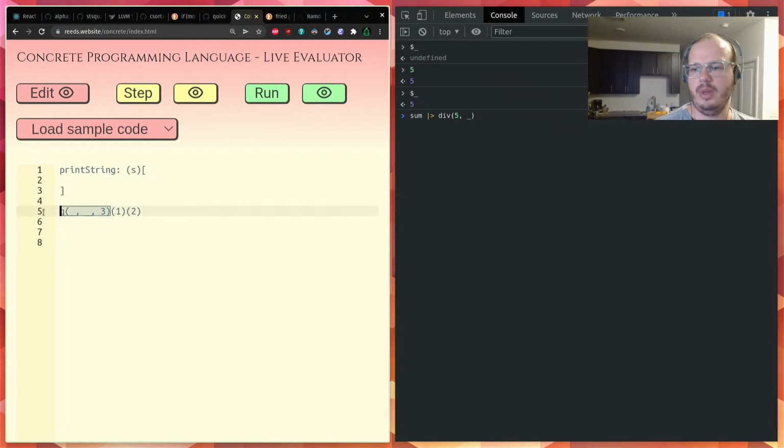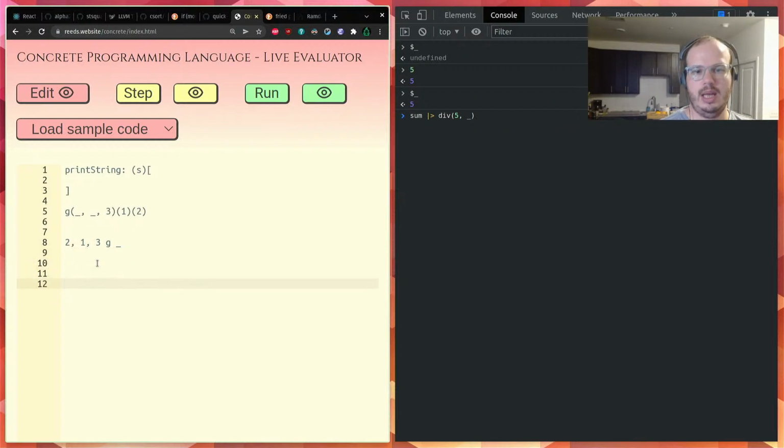The thing that's different with this in Concrete is that this is returning a function. Without that returned function, it would be 2, 1, 3, G. But if you wanted to return the function, then you would say F is the result of G when applied to 3.